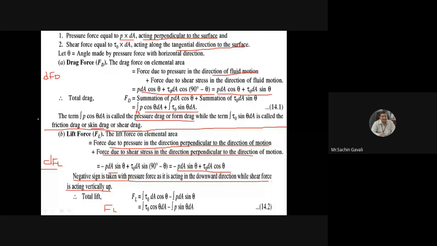It's very important. This is the basic of all drag and lift, which comes under this article. In the MCQ they will ask, but there is no concept of shear lift or pressure lift. We might be able to relate it, but in books I have never come across a shear lift or a pressure lift. Like drag, we can call it pressure drag or form drag, or skin friction or shear drag. But for lift there is no such notation, nobody has given that idea.